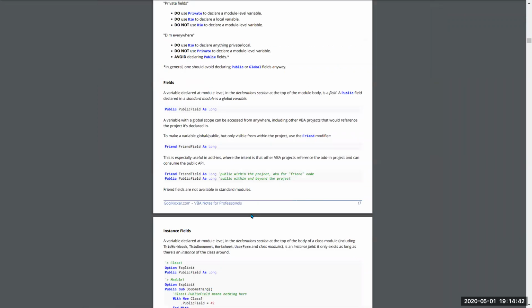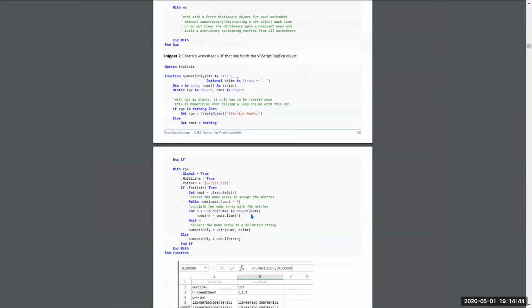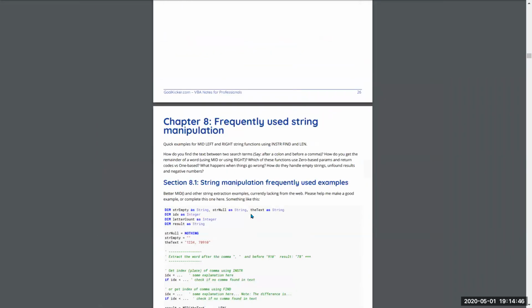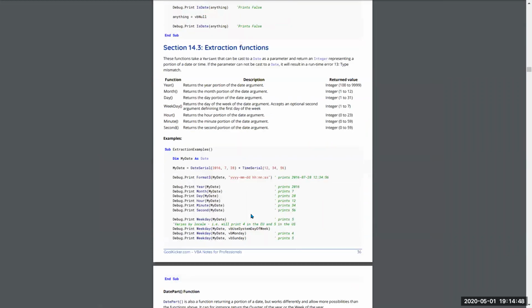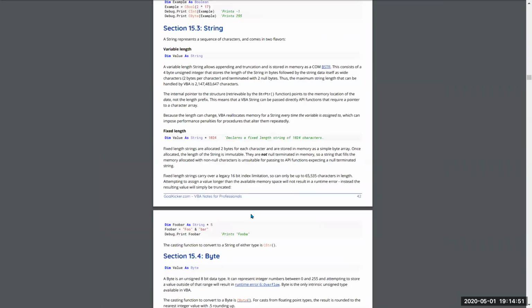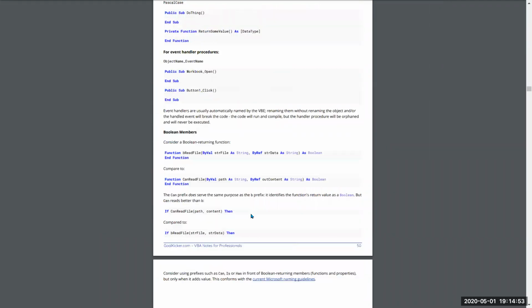Then let me come to some more important examples. This is just the declaration part and the basic stuff. Let's come to the important bit.